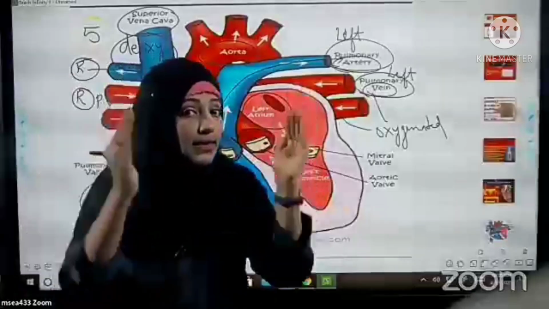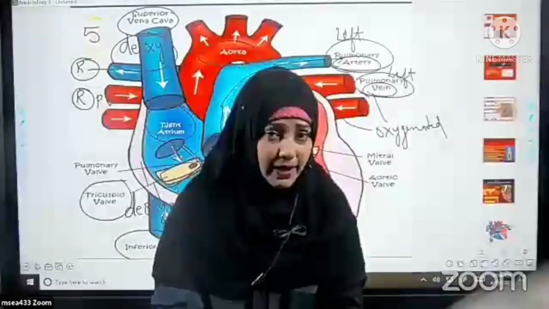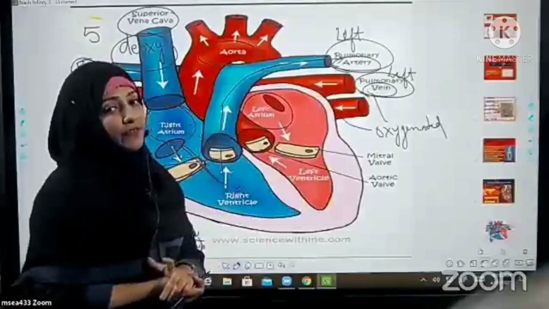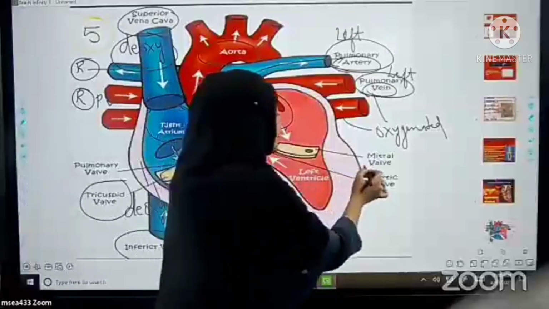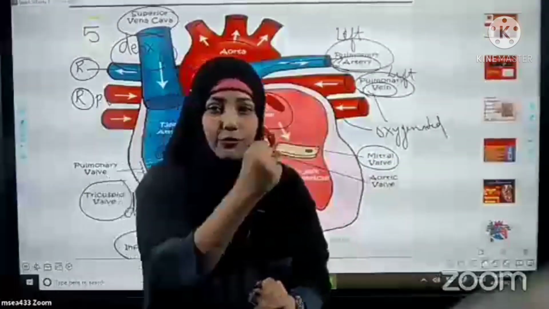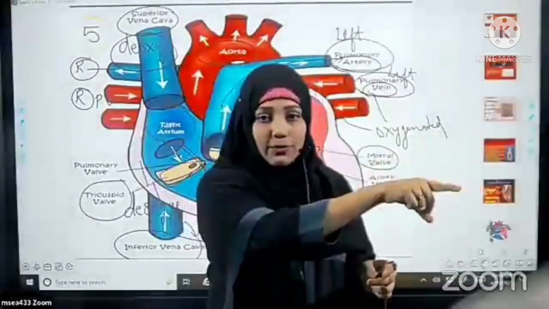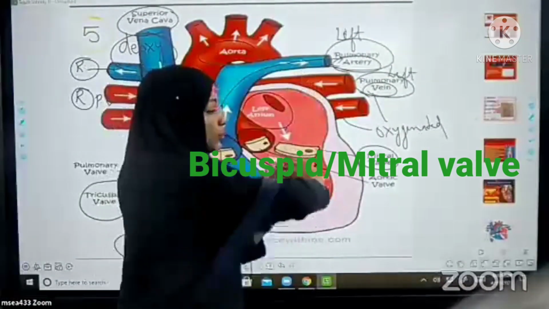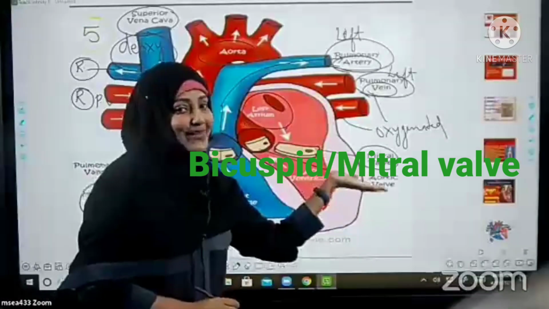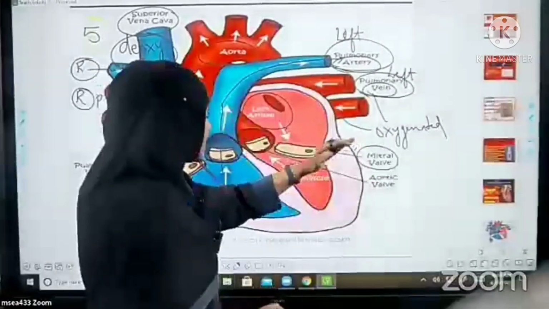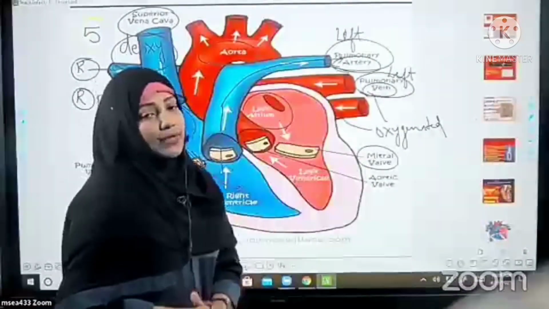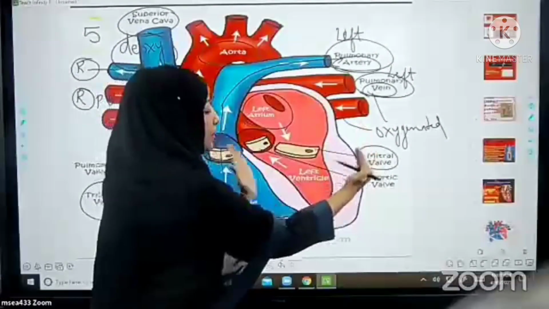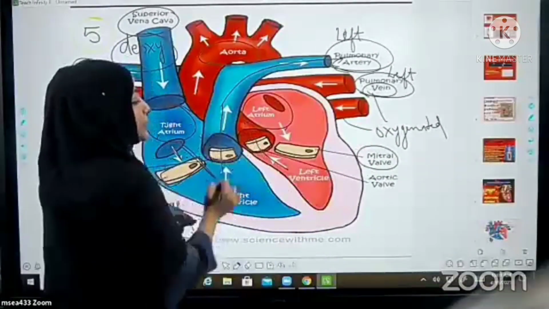Now the blood is in the left atrium. Once it is filled up, the atrium contracts and sends the blood into the left ventricle. Here you have the mitral valve. Exactly like we have doors. When you want to enter from one room to another, you have a door. Here also similarly, when the blood is getting filled up, the door opens. The mitral valve opens and the blood from the left atrium is sent into the left ventricle. Once the left ventricle is filled up, it contracts and the blood moves into one more valve.